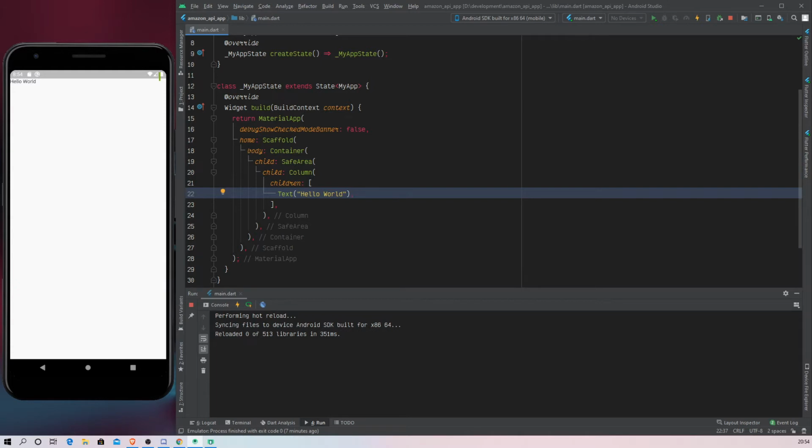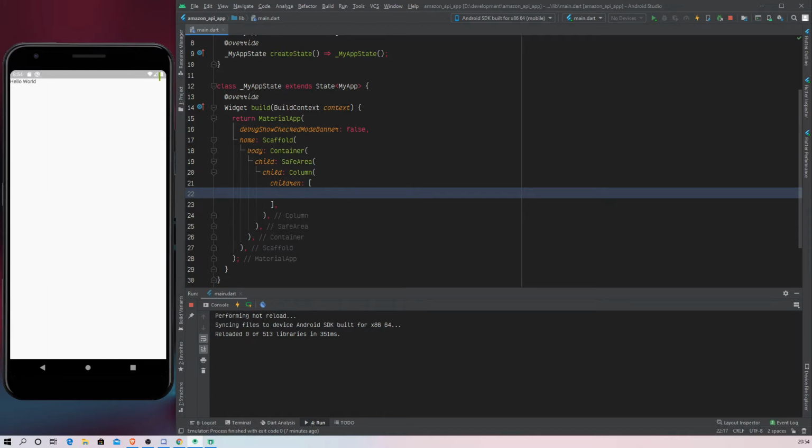So basically what we'll need is number one, a text box where you can input the URL of the Amazon product. Then number two, a button to click, which will then get the details of the product from our API, and then we can display the rest of the details down here in the middle. So we'll get started with that, and we'll say column and we'll give it a few children.